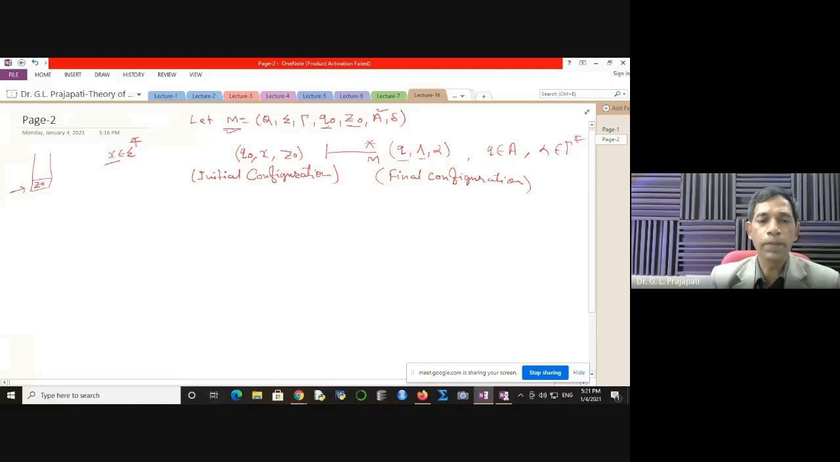So you see that starting from the initial state, if your machine moves to the final configuration, this happens if and only if x is in the language. If x belongs to the language accepted by the machine, then this will happen. So what is the language of the machine? What is the language of the PDA? You can denote it by writing this. The language of the PDA is given as the set of x, which is taken from the sigma star, such that